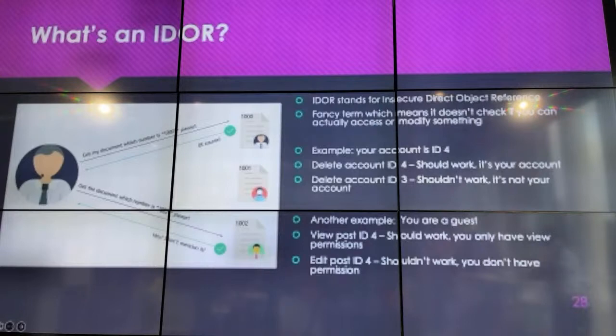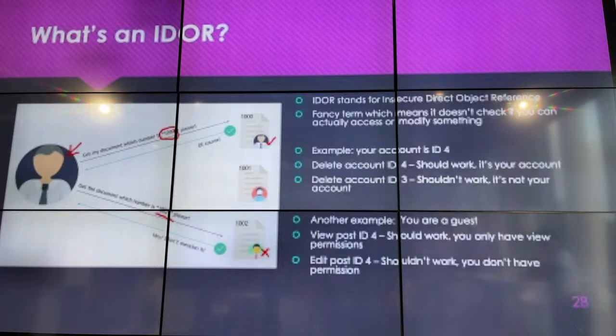I'm just going to change my thing to be a nice little pen. There we go. So this guy has a blue background. Now he will ask the API, can you get the document with the ID of 1000? That document is owned by him, that's good. Now if he changes his 1000 to 1002, you can see that this one here is owned by Green Background Man. Now, even though Green Background Man is not the same as Blue Background Man, they are different users,